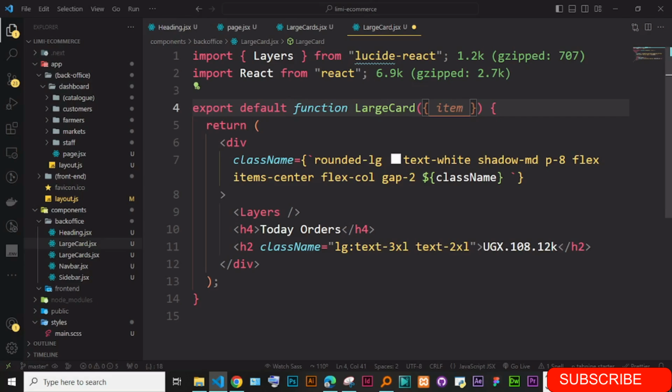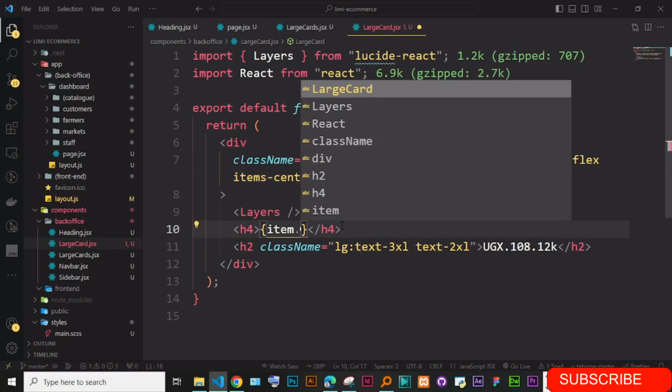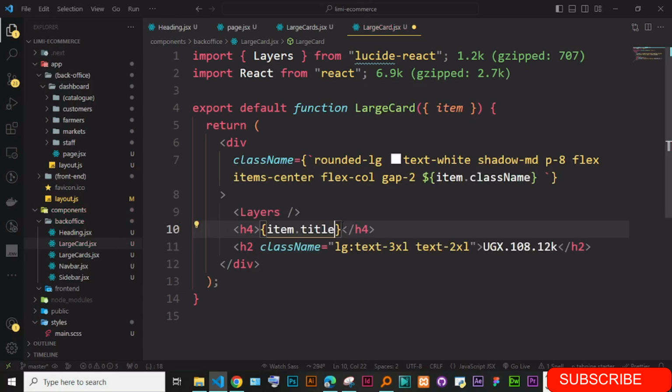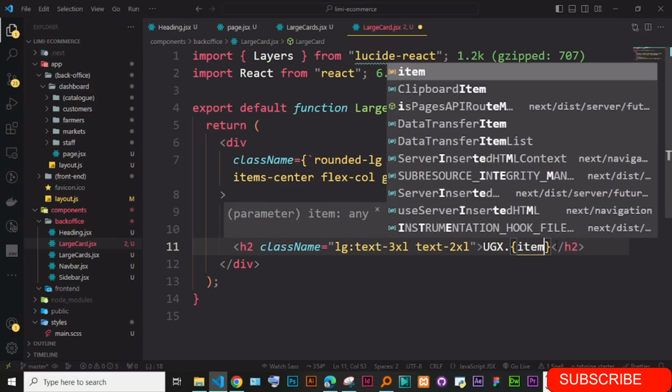So it will be item dot class name, item dot title, and then item dot